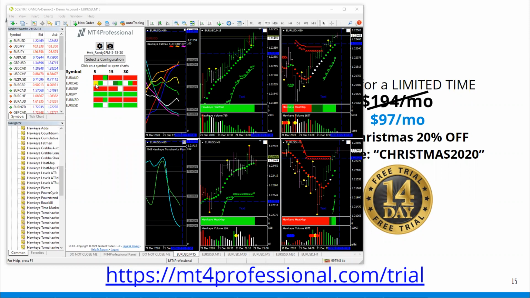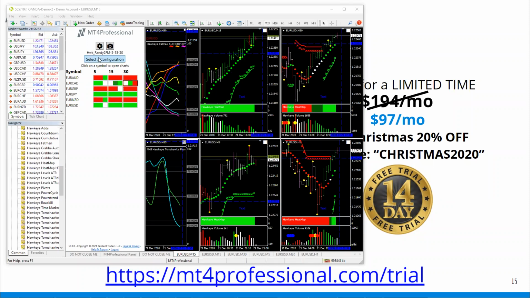Notice the multiple signals that are loaded within the scanner. See, this scanner is looking for a lot more details. It's looking for trend, it's looking for momentum, and it's looking for volume. And it's telling me that I have a white trend, a dark volume, dark momentum, and green volume set up